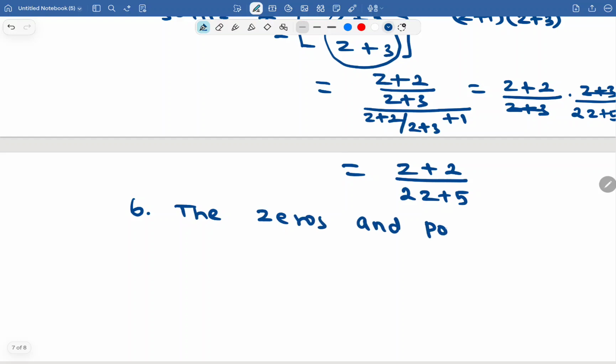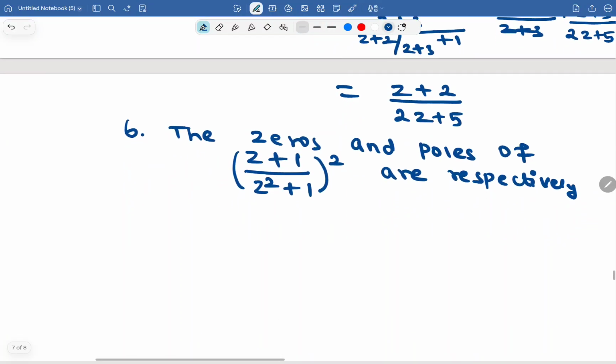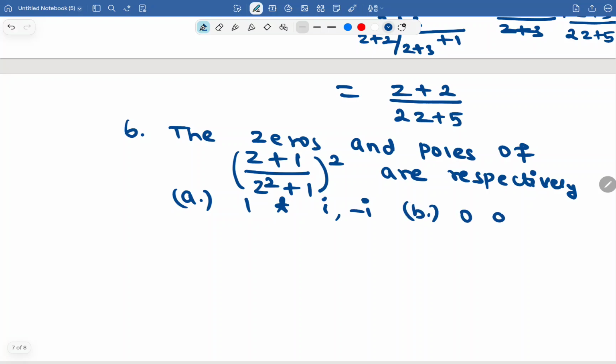Zeros and poles of (z plus 1) by (z square plus 1) whole square are, respectively: option A, 1 and I comma minus I; option B, 0 and I comma minus I,